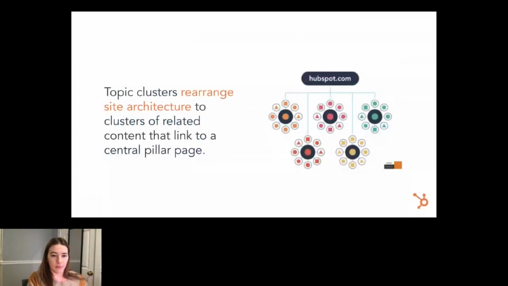So this diagram illustrates what a topic cluster looks like. A topic cluster, as I mentioned, involves the central pillar page, that little colored dot that you see in the center there. Usually it's a long form landing page piece of content. And there's a series of linked, the link part being especially important, subtopic contents that are loosely related to the core pillar page topic. Usually these are blog posts. And there are a few benefits to using a topic cluster structure on your website.